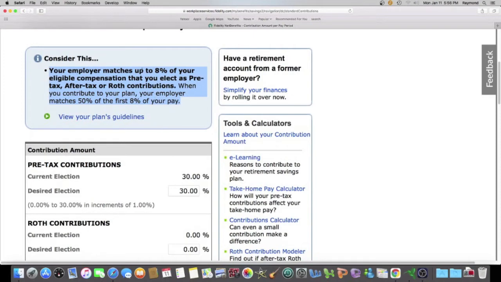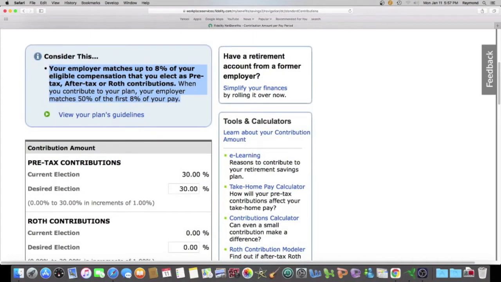So what GE is stating, and hopefully your company has a match also, is that they will contribute up to 8% of your compensation into your 401k. So this 8% is free money. GE is taking their money and adding it to your money, and it all goes into your 401k, and it's yours to keep. Even if you quit, get fired, laid off, whatever, once that money gets in there, it is your money. And the way it works is that GE is saying that they will match 50% of the first